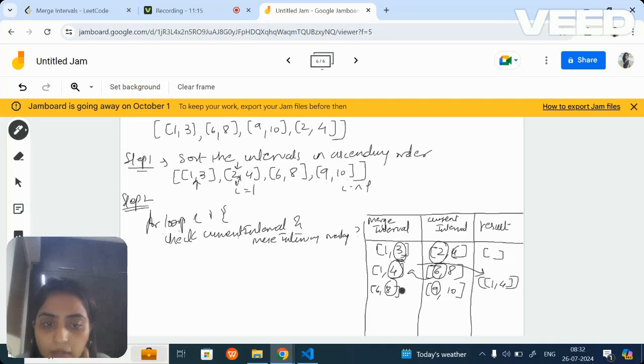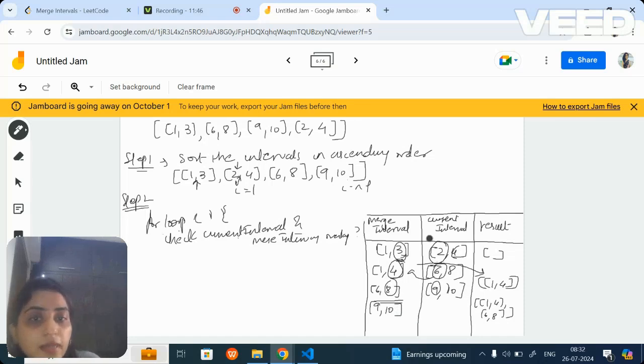This ends at 8 and the next number is 9. That means there is nothing in common. So if nothing is common, this 6 comma 8 now becomes your non-overlapping element. So I will add 1 comma 4 with 6 comma 8, and now 9 comma 10 becomes your new merge interval.